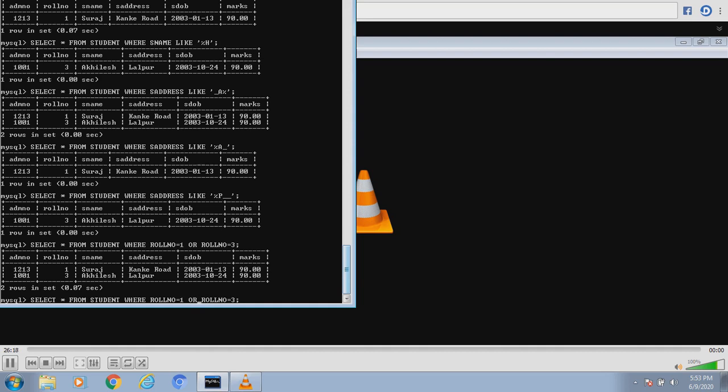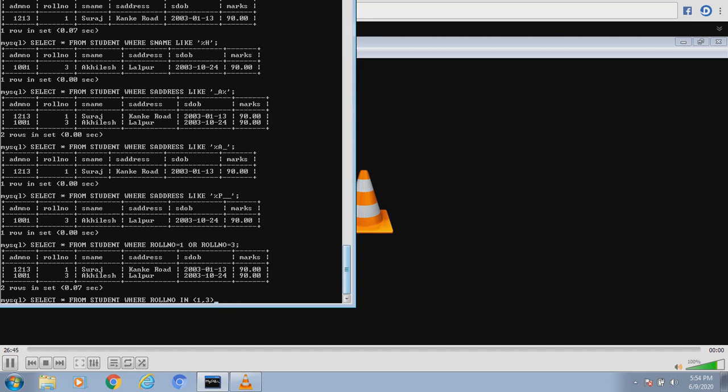Now, the code looked very long. I can use a keyword called IN. I can use a keyword for the same thing, and it would be shorter enough. I'll say select star from student where roll number in 1, 3. That means display details of those students whose roll number is within this given list, that is, which matches this given list.